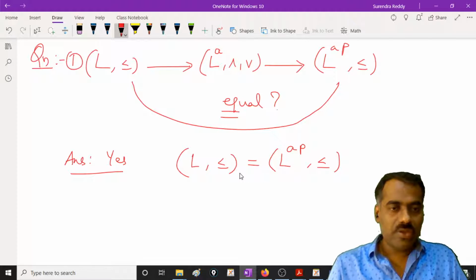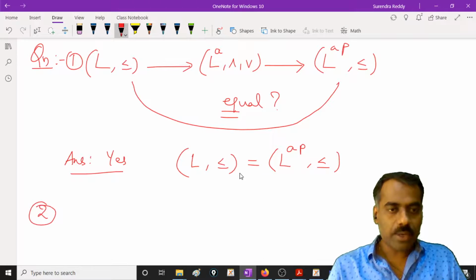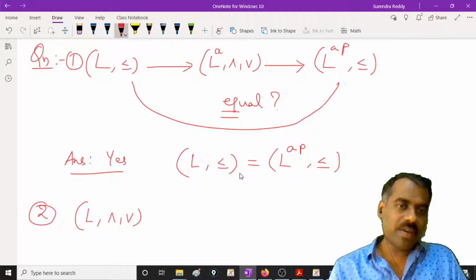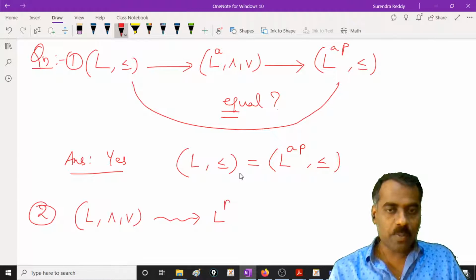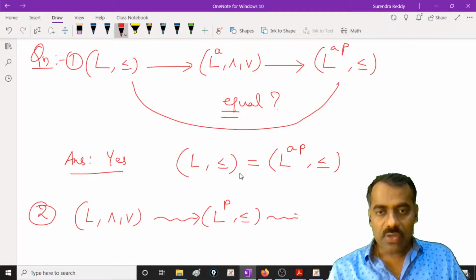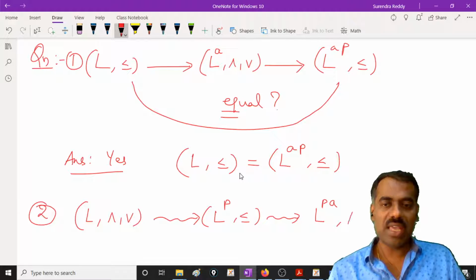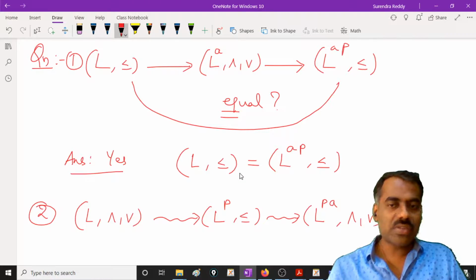We will do it. First, understanding the questions is important. The second one you can do the other way. That means you start first with an algebra which is a lattice. But we know that it provides a lattice as a poset, right? Now this also goes the other way. That means from this we will also get an algebra. So I will denote that by LPA. Are you following? Now what is your question?